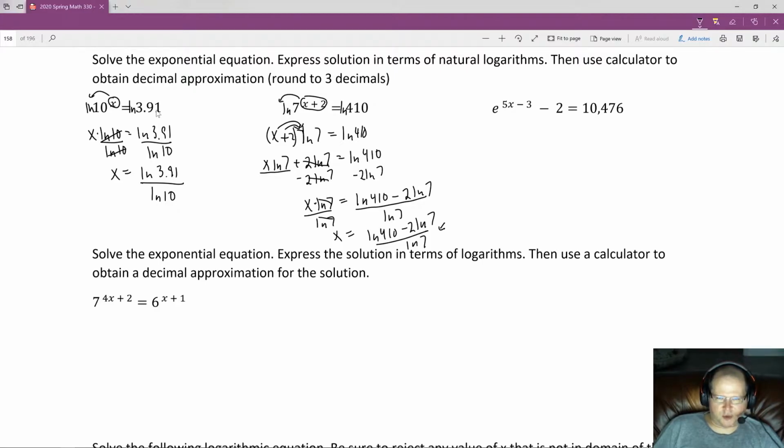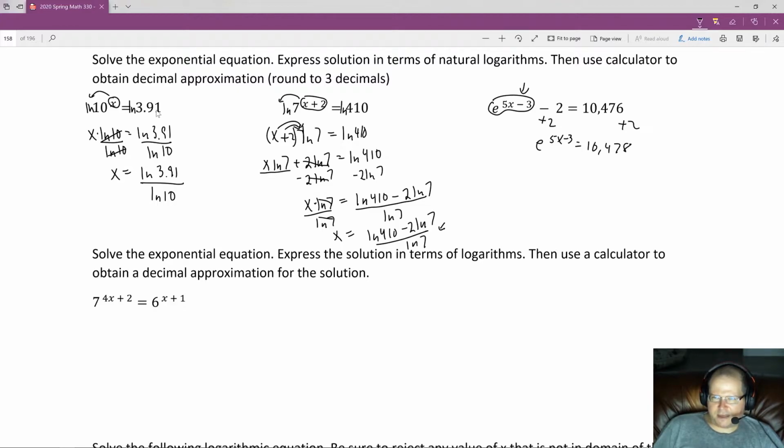You can manipulate a little bit more if you wanted to. So let's try the next one. Before I take the natural log of this to pull this exponent part down, I am going to get one term on this side. So I'm going to add 2 to both sides, and that would give me e^(5x minus 3) is equal to